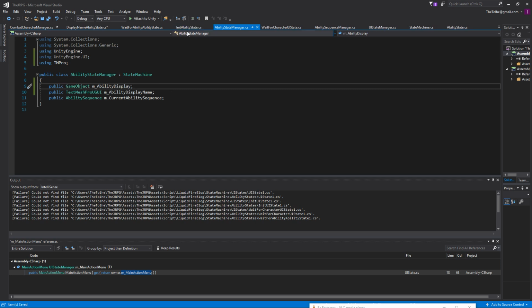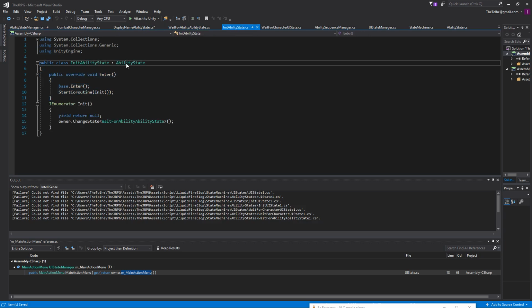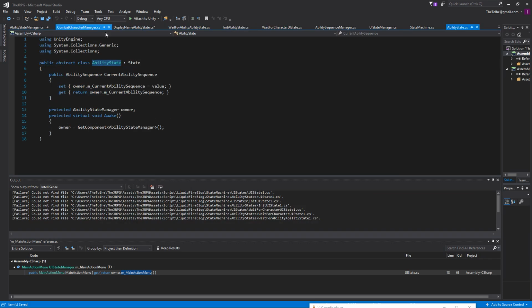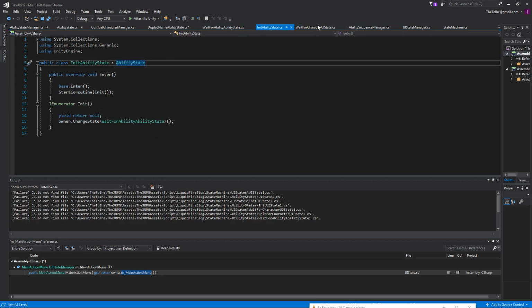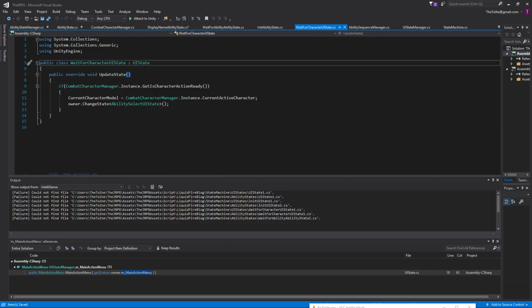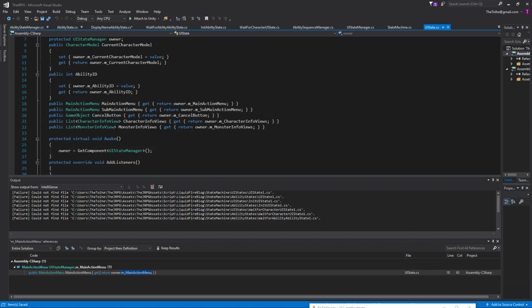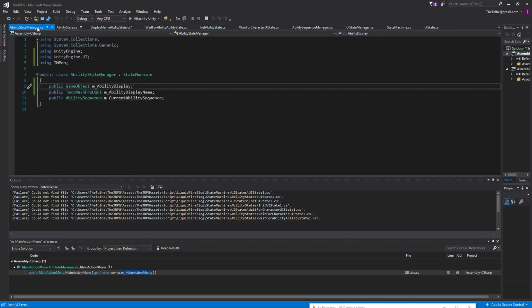Okay, then we need to go into... Okay, I'm going to start pinning a couple things here because I think there's some pieces that I would like to have always up while we're working on this, namely the ability state. We're going to pin that over here. I don't think we need the other stuff pinned. Okay, and then these are going to be getters only, so I'm going to grab this syntax,